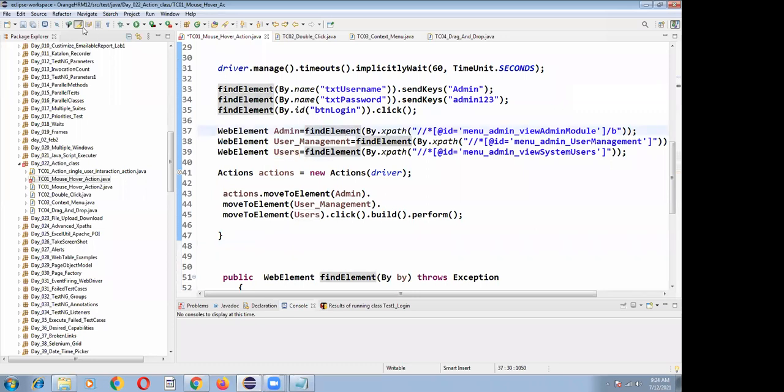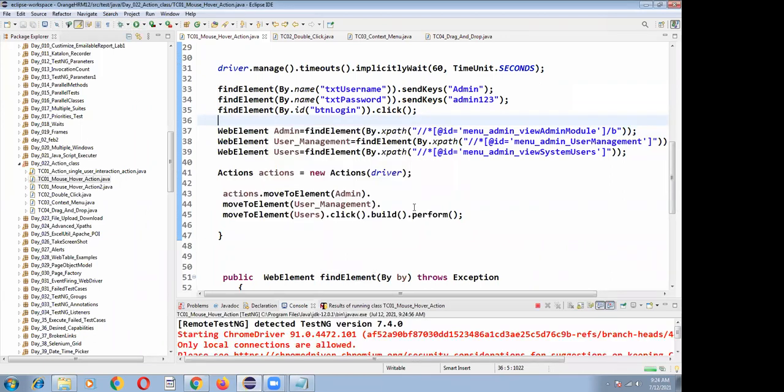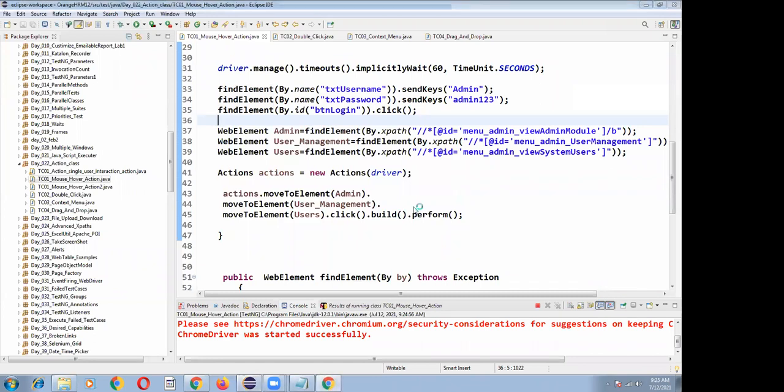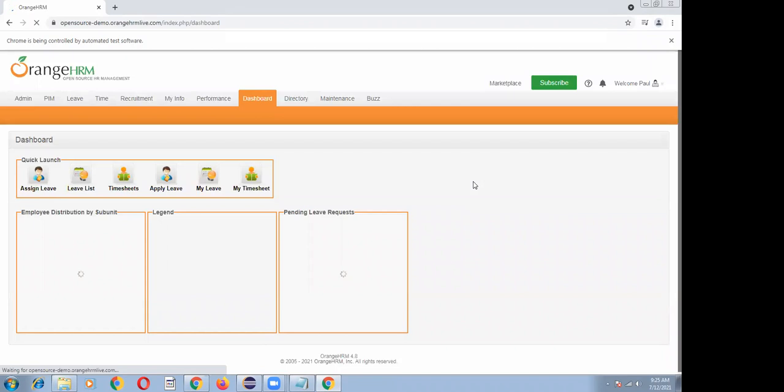Okay, now let me run my program. I'm saving my program and I'm running. See, this time it will highlight directly Admin, User Management, Users.